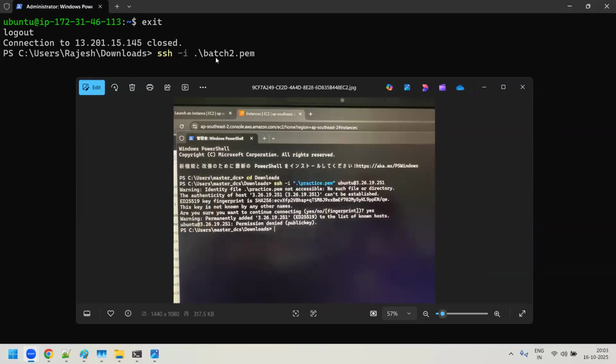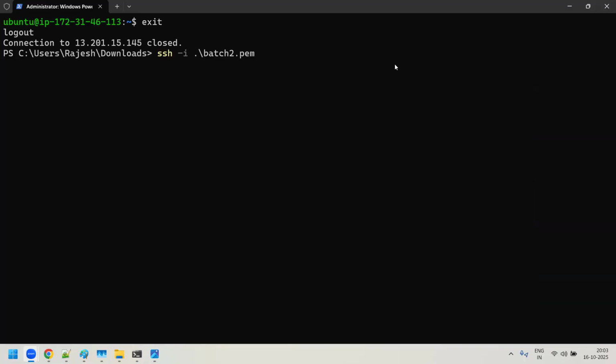SSH -i PRAC and give tab. It will complete it. Can you try out immediately now? Okay, so no, first you check whether practice.pem is there in the download folder or not. Yeah, it's in the download. Yeah, SSH -i PRAC, give tab, and then give